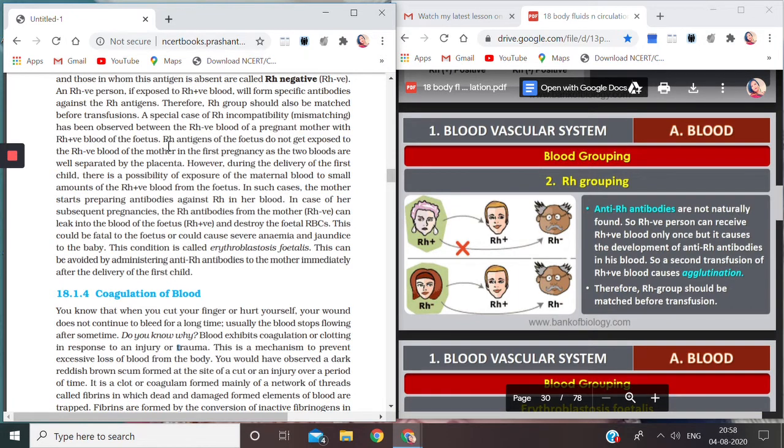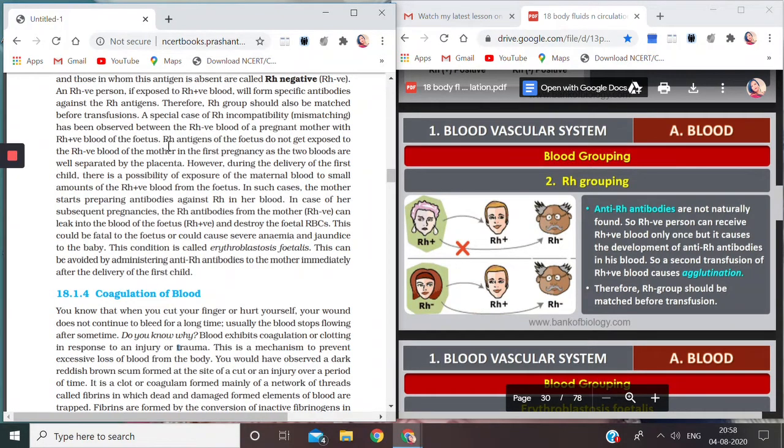Okay, this test is done at the initial stages of the pregnancy. So she must write down in the file of the patient that the patient is Rh negative and the father is Rh positive. So the patient should be given anti-Rh antibodies